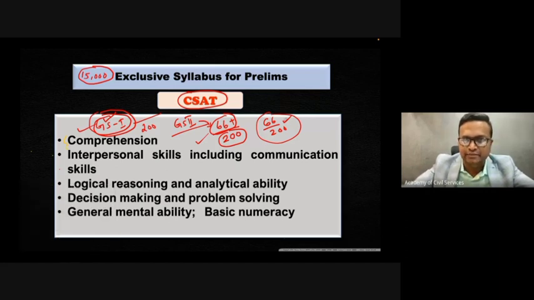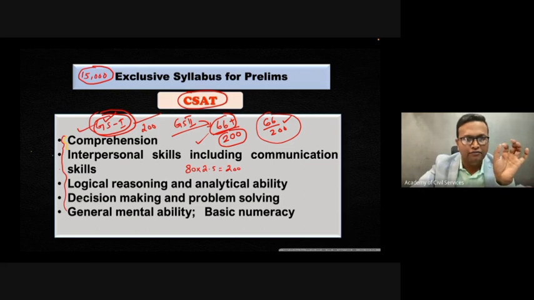First let me tell you, you need to get 66 out of 200. There will be a total of 80 questions in the examination. Each question carries 2.5 marks, that is 200 marks. Now see, many of you might have heard that to qualify the CSAT, you should be a little bit good in mathematics. Have you heard so? Can you please raise your hands if you have this information?